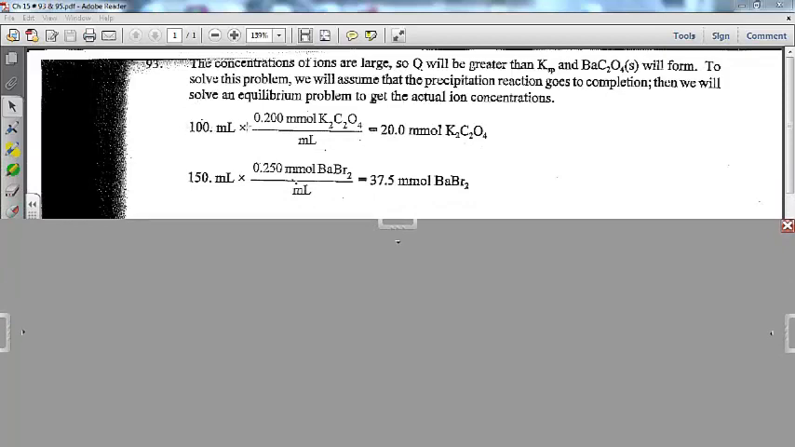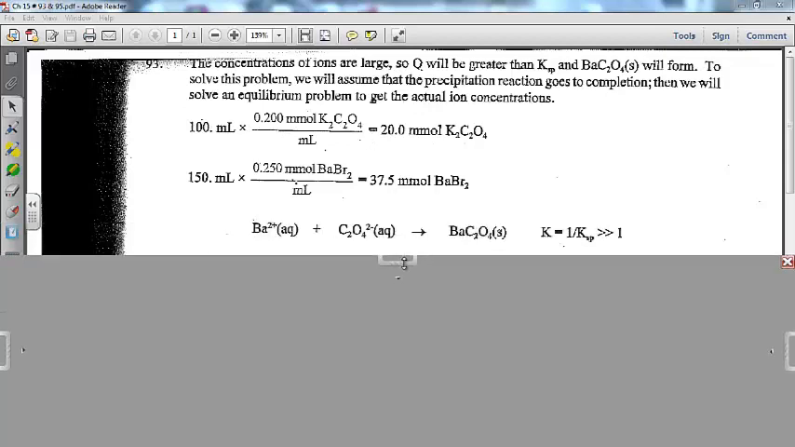We just took the volume amounts, multiplying by the molarity to get the millimoles. Same molarity concentration calculation we've been doing for a while. All right, and then we've got, this is the reverse of our